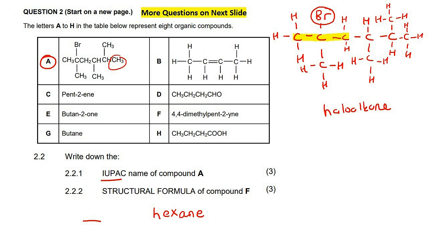So if this is the main chain, then the branches are all the parts that are going to stick out. So it's going to be that part, this part, and this part. Wow. Okay. So there's quite a few branches there. Now you want to name this molecule from the side that gives us the lowest branch numbers. Some of you might be saying, Kevin, don't we name it from the side closest to the BR because it's